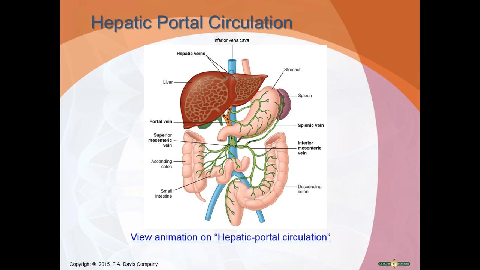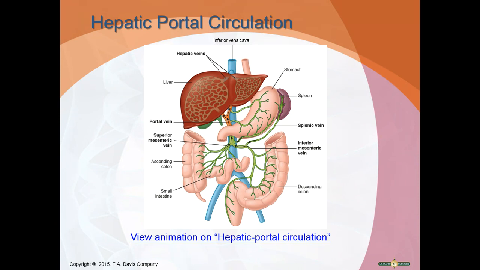organ in your body. And I remember years ago I read that the liver has over 500 functions. Now I don't know, by now they may have found 500 more, but it has so many functions, and it requires its own circulation. So veins from the digestive organs and the spleen send their blood through the hepatic portal vein to the liver. This allows the liver to remove excess glucose, such as after a meal, as well as toxins and bacteria before the blood returns to the heart, because one of the main functions of the liver is detoxification